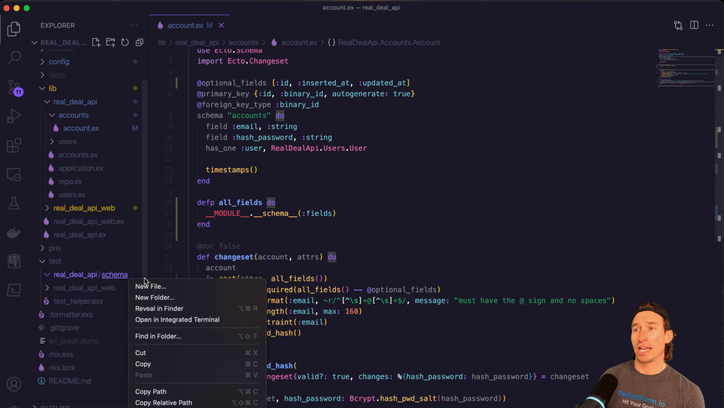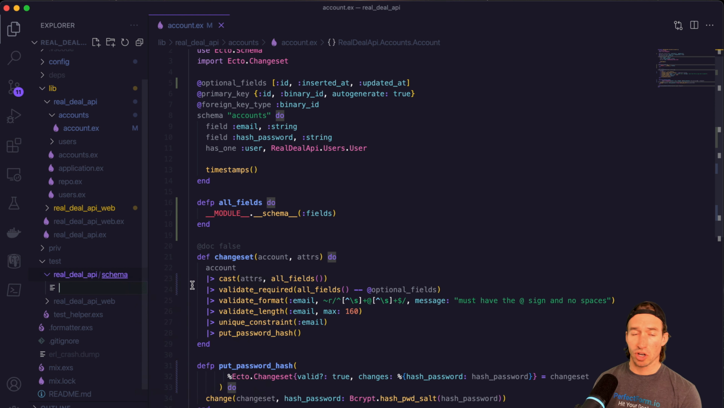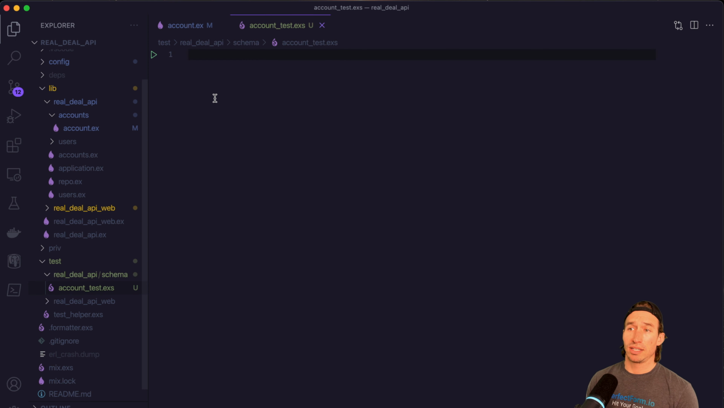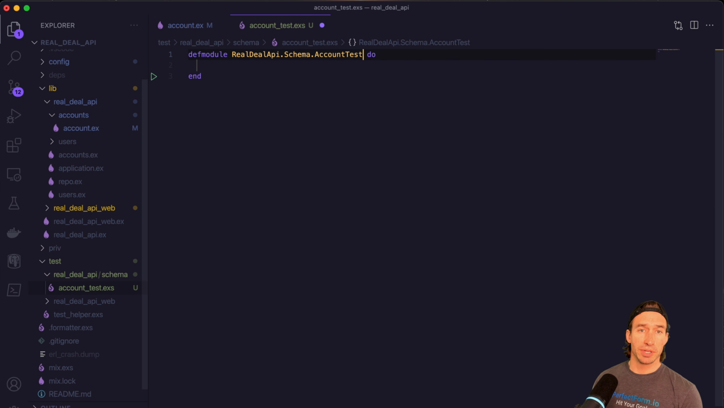And then inside our schema directory, let's create a new file, and we're going to call this account_test.exs. And then let's create our module name. So defmodule, and it autocompletes, but you want it to be RealDealApi.Schema.AccountTest. And then we need to use